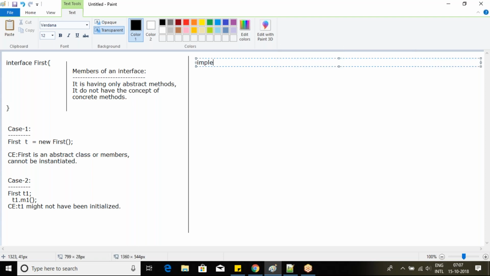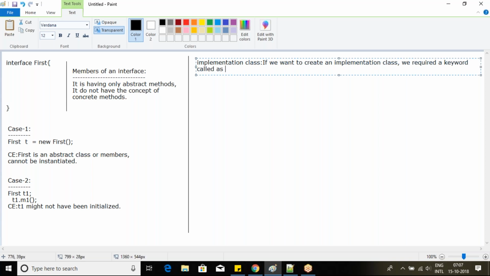So, implementation class. If you want to create an implementation class, we require a keyword called implements. So we have some interface A,